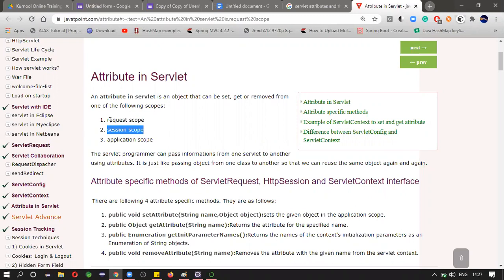Next, URL rewriting, where we append the data to the URL. In this manner we transfer the data from one servlet to another servlet in the form of a request, along with your request.